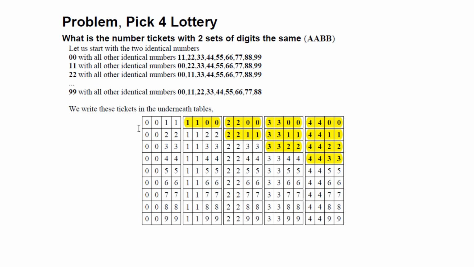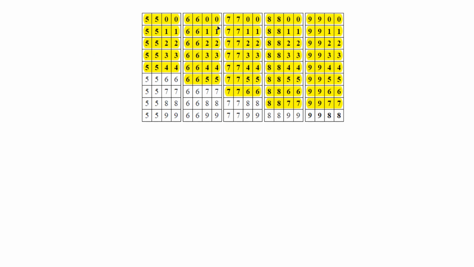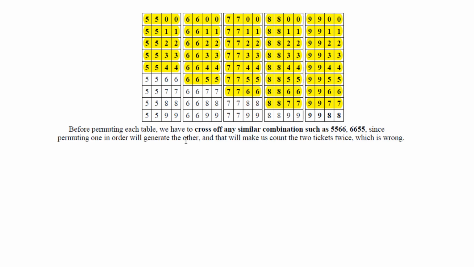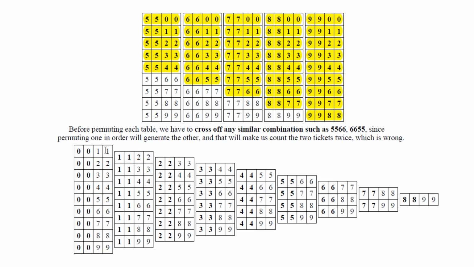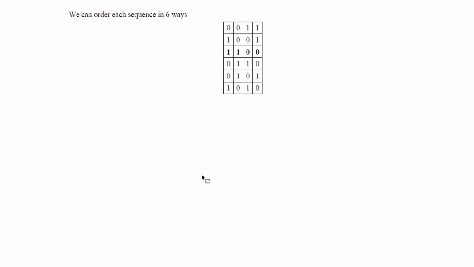before we permute anything, we have to eliminate any similar combination. Otherwise, we are going to count the ticket more than once. So we continue until the end and we cross off all these highlighted tickets. We cross it off and we end up with this set of tables. So the number of tickets in all these tables